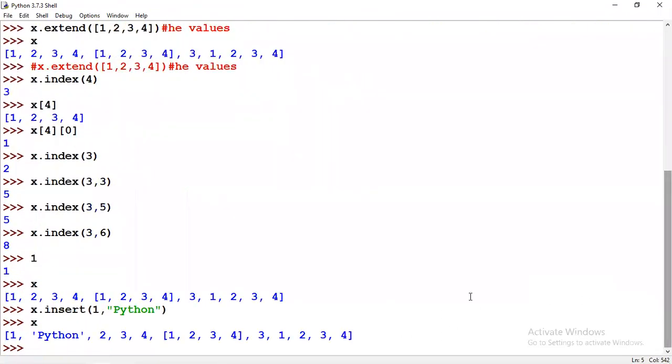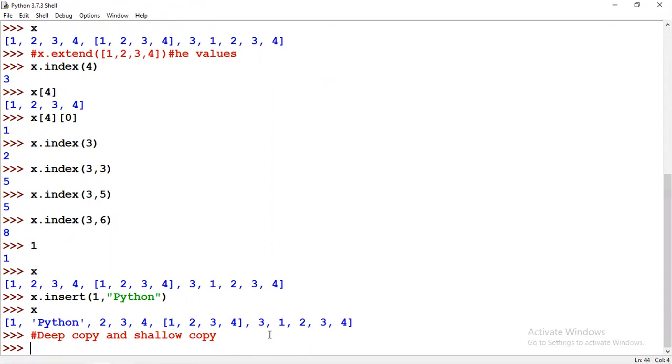Okay, first I will explain about pop. Sorry guys, first we will go with copy. Here we have two kinds, deep copy and shallow copy. Any idea about this deep and shallow copy? No. Okay. See, deep copy means, let's assume you press Control C and you paste it into some other drive, Control V. So this is what your deep copy is.